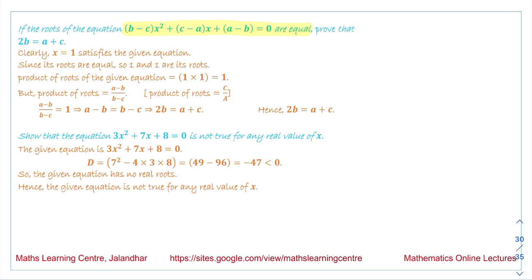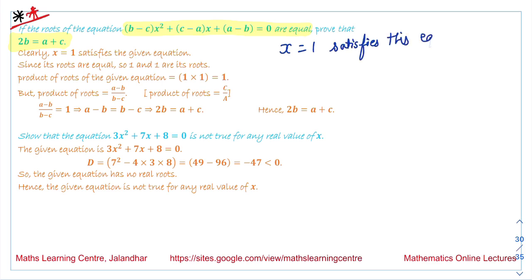So if we solve this question using the discriminant method, you will not obtain this answer so easily. So in place of this, we are saying this is a bit different kind of question. This is not the ordinary question, this is a bit different question. So how we are going to solve this is, we are saying that x is equal to 1 satisfies